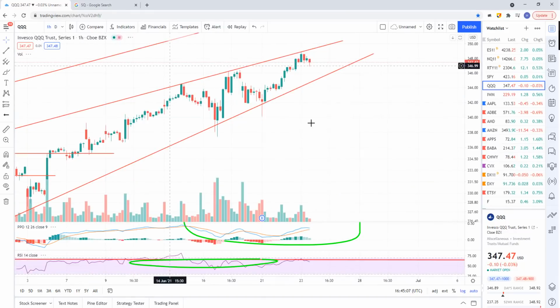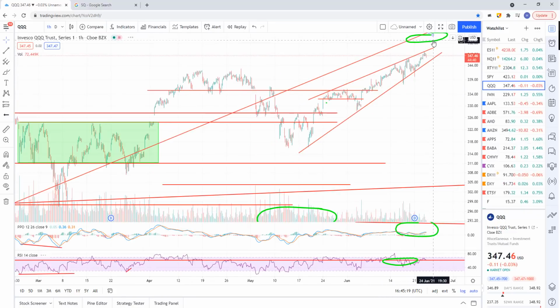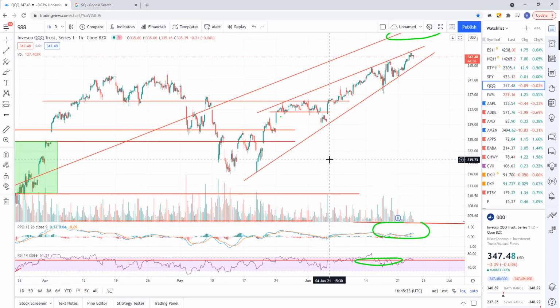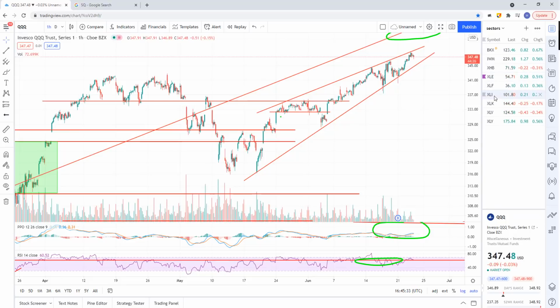Now if I zoom down to the hourly, we are starting to put in this bearish rising wedge pattern. So again, the next sell signal, I think, comes on a break of this bearish rising wedge pattern, a breakdown. And that should set us up for lower prices. Once we get the break in tech, we already have a break in the other sectors that were the strong sectors this year, which are the financials and